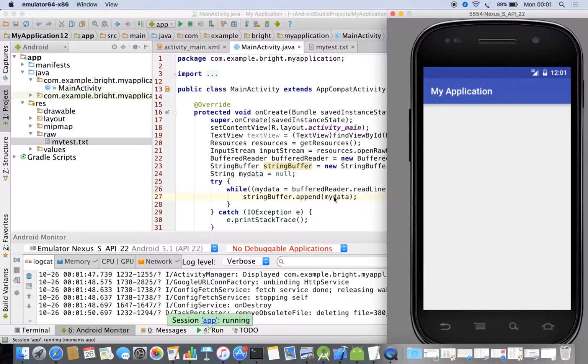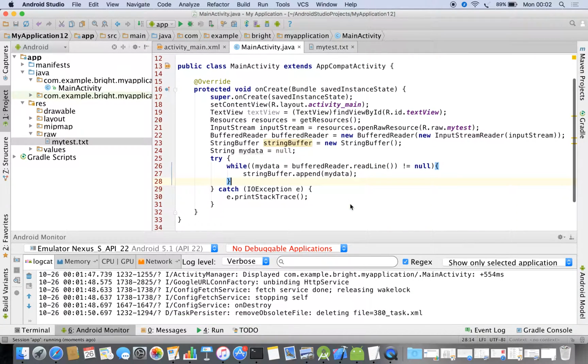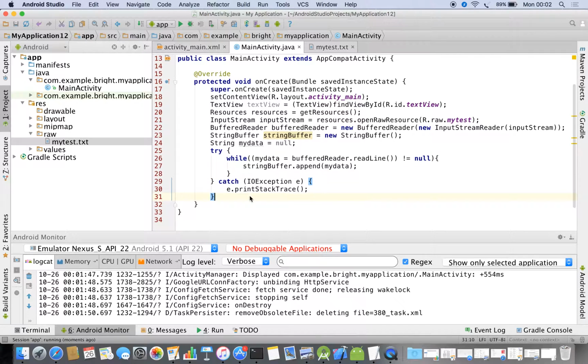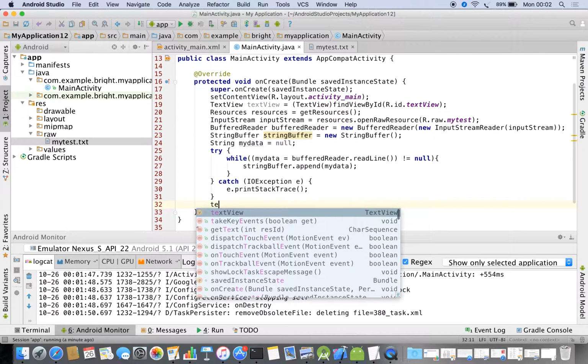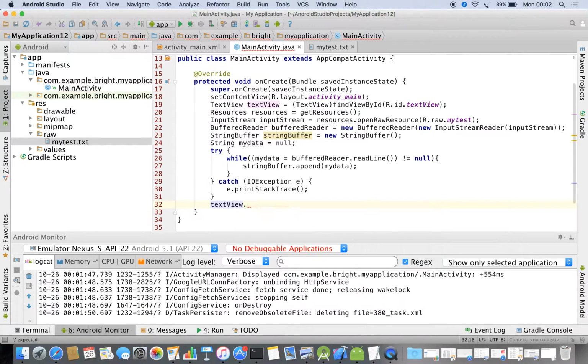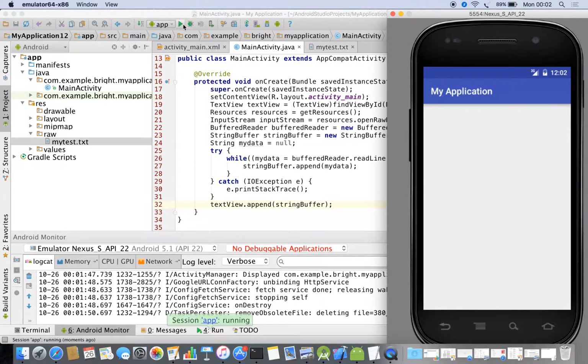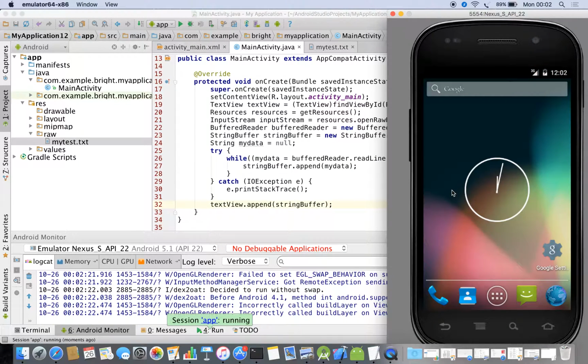Now one thing is missing. We appended everything to the StringBuffer. Now we need to set that data into the text view. That step is pending. So we have the text view object dot append the StringBuffer. Now we are going to check whether we are getting the expected output or not. It's getting reinstalled,